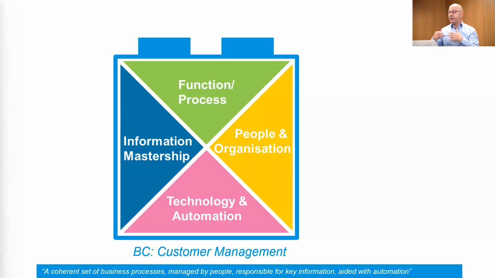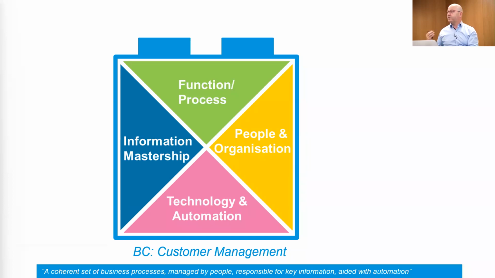So of course, a business capability should have a purpose and it should provide value. You can't see that here. But in order to do that, there is functionality and processes in place, things that allow you to operate the business capability. Business capability is about providing processes so customers get value. Customers get a bank account or something like that as a product or service. And in order to operate business processes, you probably need people, because they execute the business processes, sometimes aided with automation, which is where technology and automation come into view.